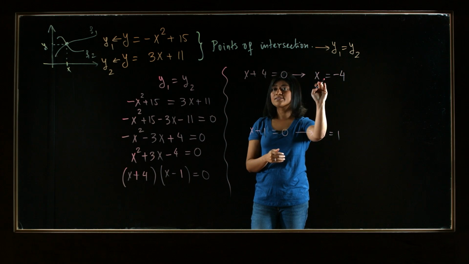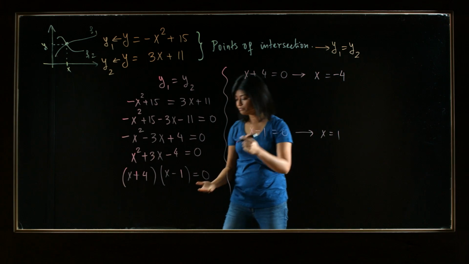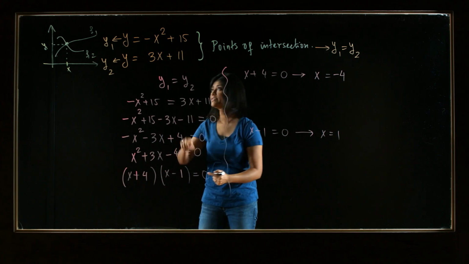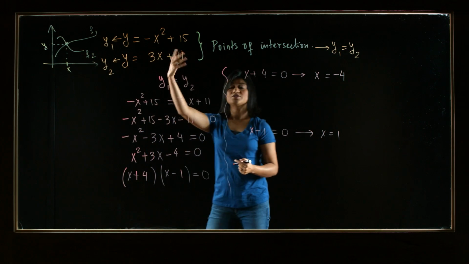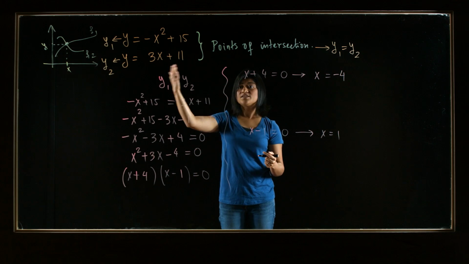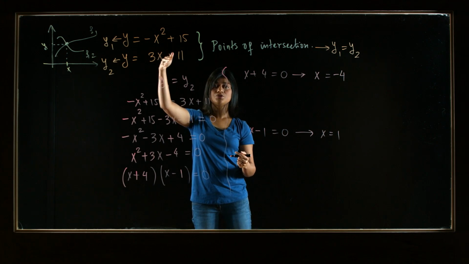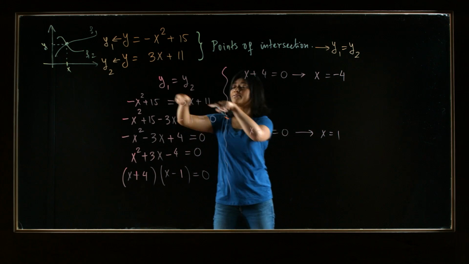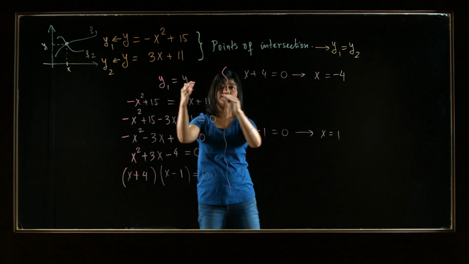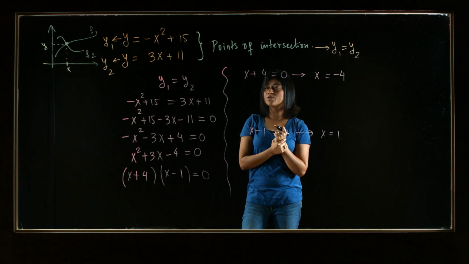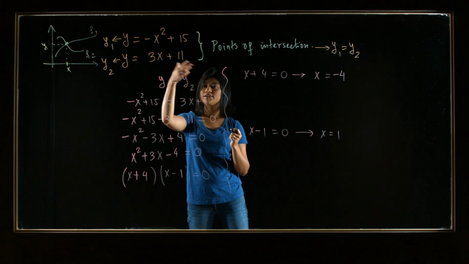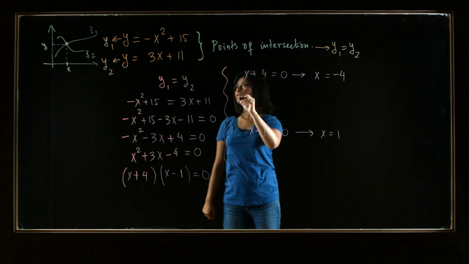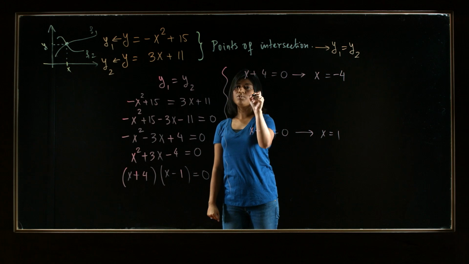So you have to find the corresponding y value so that we can write it as a point. So here is our x. How do we calculate the y? Well, remember the concept. Both equations should give us the same y. So it doesn't matter which of these equations you choose, plug in the x value in one of them, and then you get your corresponding y. So I'm going to choose my second equation, since it's